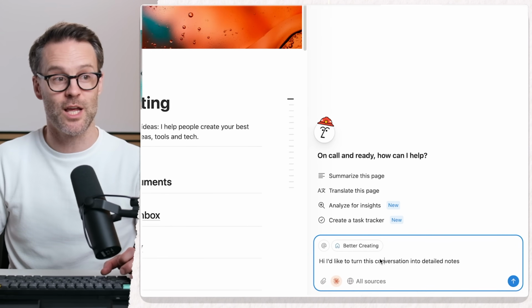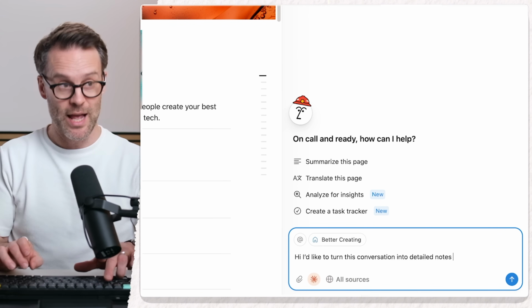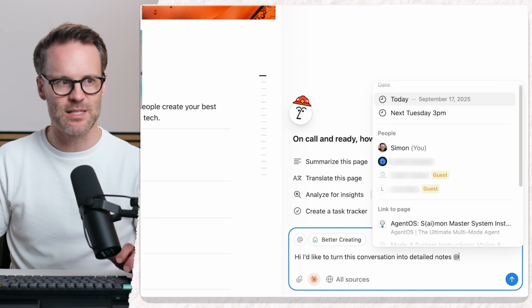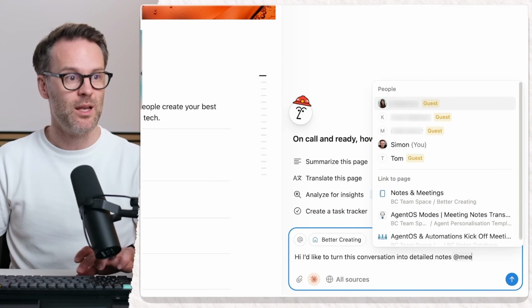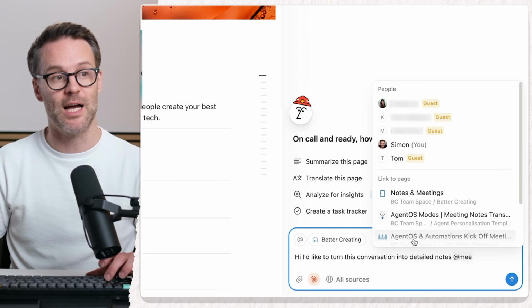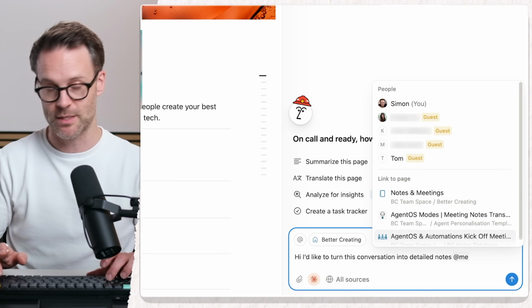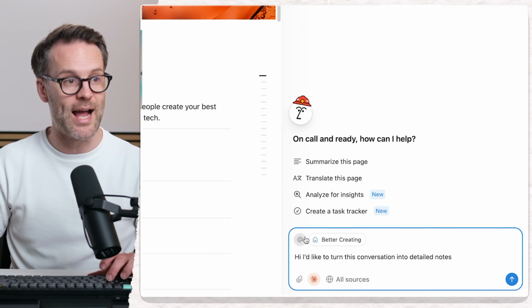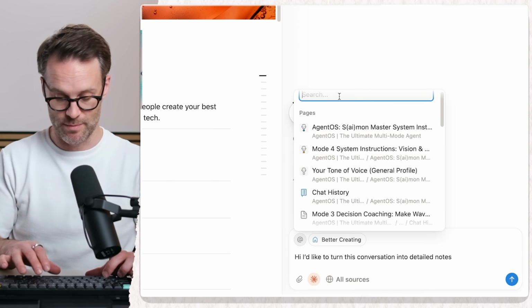And let's ask it to help us transcribe some meeting notes. So I can ask it to turn this conversation into detailed meeting notes. And if I want, I can give it context by mentioning a certain meeting from my system within my notes and meetings, or you can click on the @ to find it within here. So maybe we go,